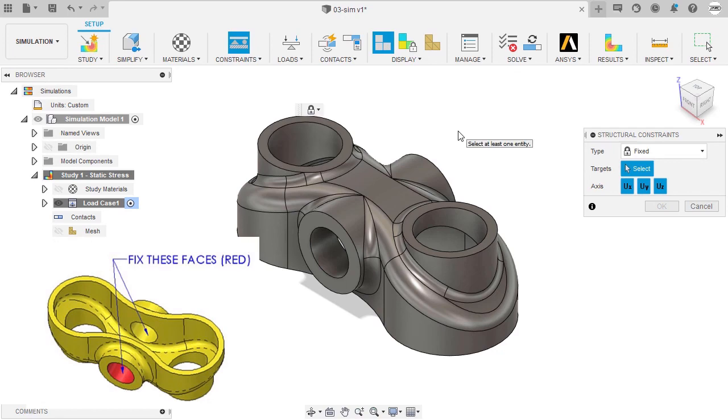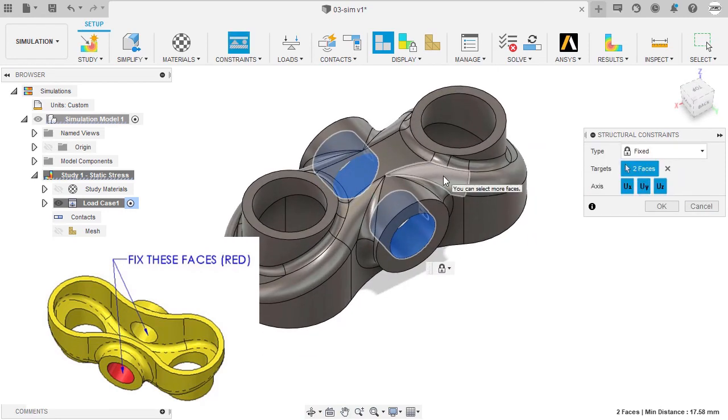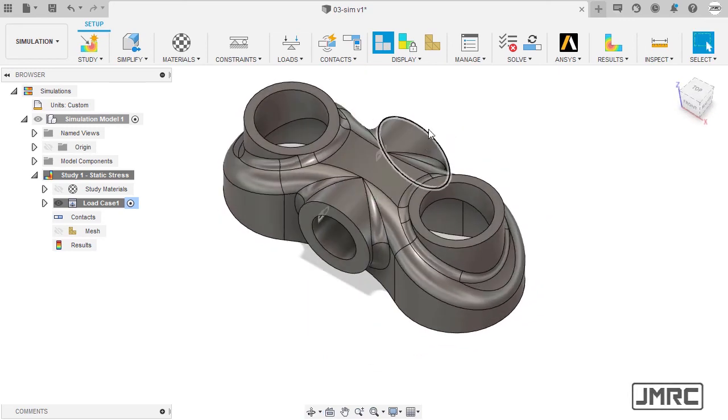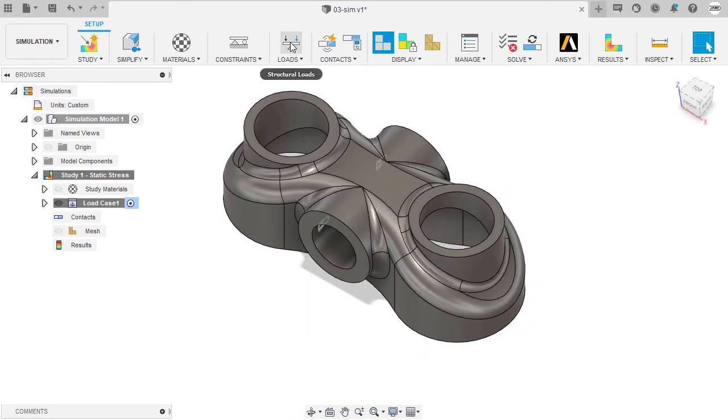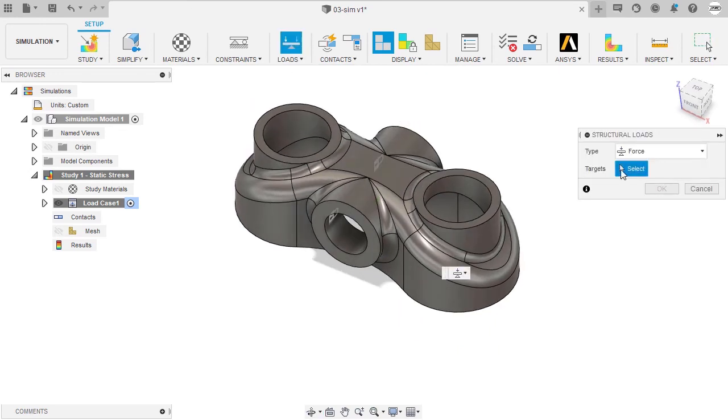Next, let's define the constraints. And it says on the challenge, these two faces need to be constrained, the type to be fixed, and we are going to enable all axes. Selecting OK. Next, for the loads, we're going to select structural loads, the type to be force,